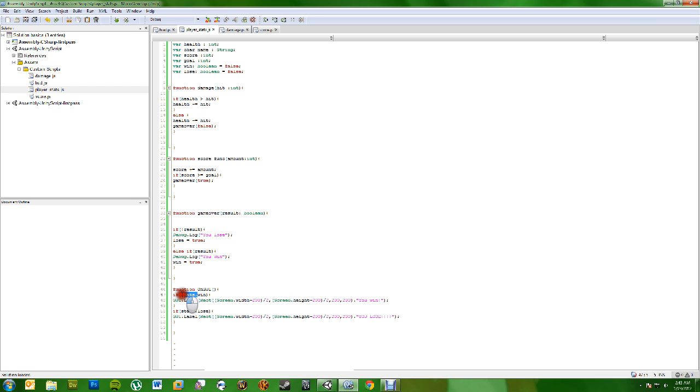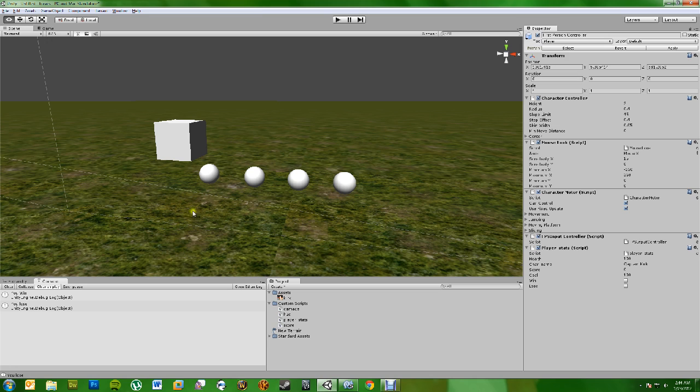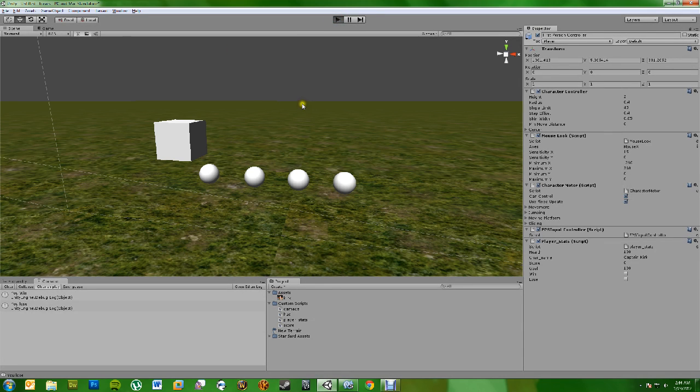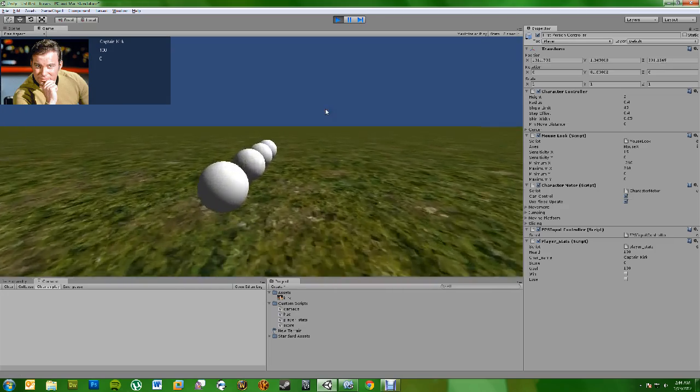Oh, obviously, it doesn't know what stats means. And this isn't a dot. It's funny how tiny little things like that can give you a wall of compiler errors. So now, if we go over here and win,